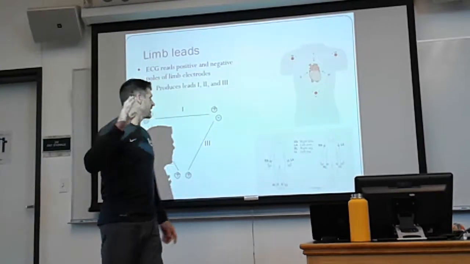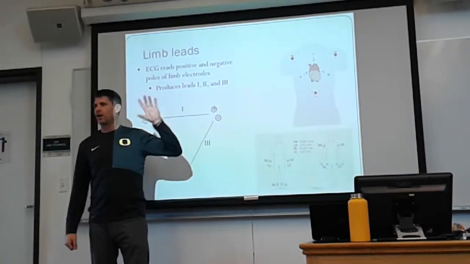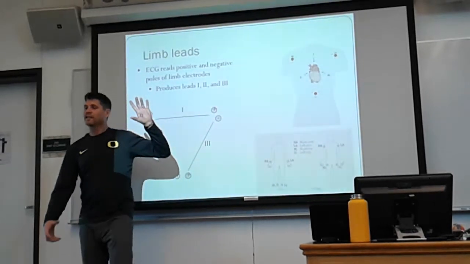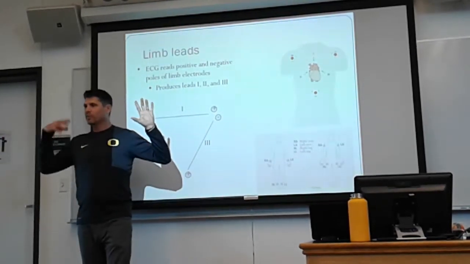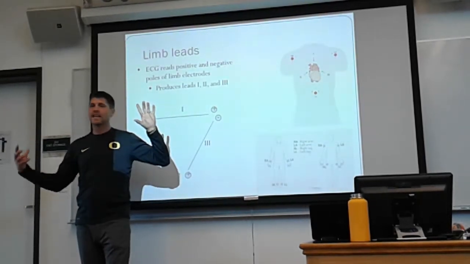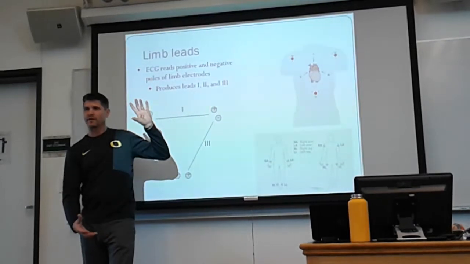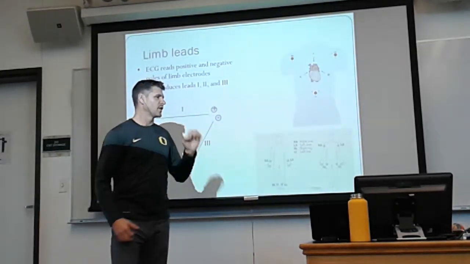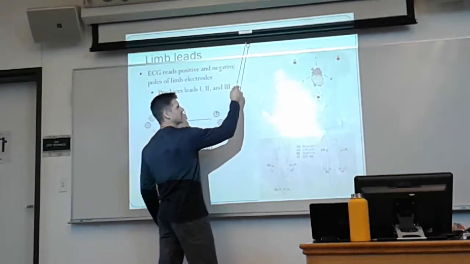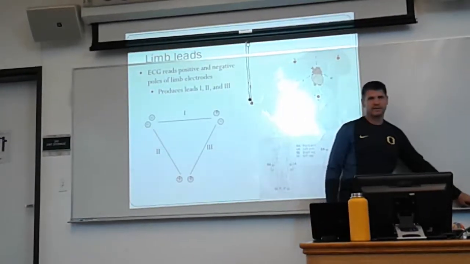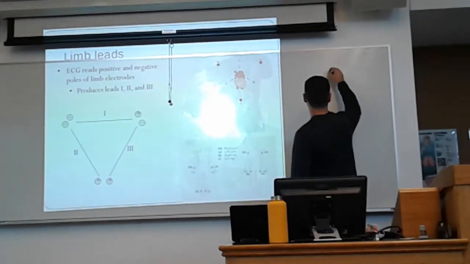And then for lead 3, what he did was he put the negative on the left arm, the positive on the left leg, and he made the right arm the ground. And that gave us what view? Lead 3. And he gave us this view of lead 3. Now, the confusing part, and the part that I'm not going to kill you on, we're not going to deal with, was that from the body standpoint,